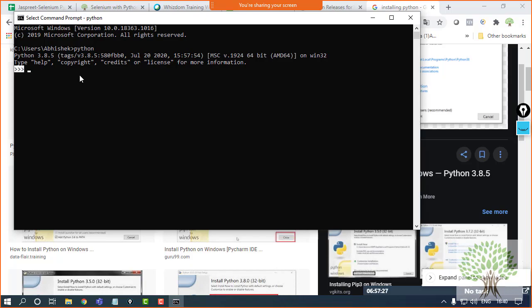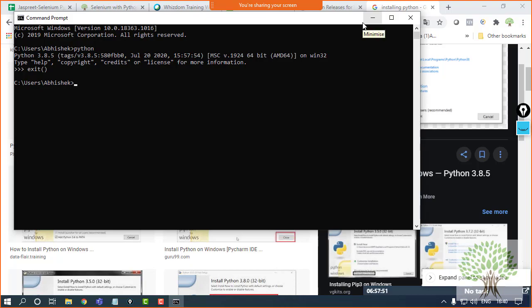But you need not worry, we are not going to code anything on the command prompt. Just some of the running and functions we will be performing over here. Rest, there is no code that is going to be written. After checking this, you can come out of the Python console by giving the exit command and you're back to your command prompt. This is just for the sake of information.